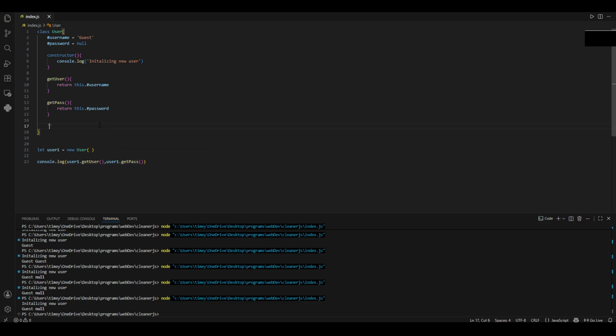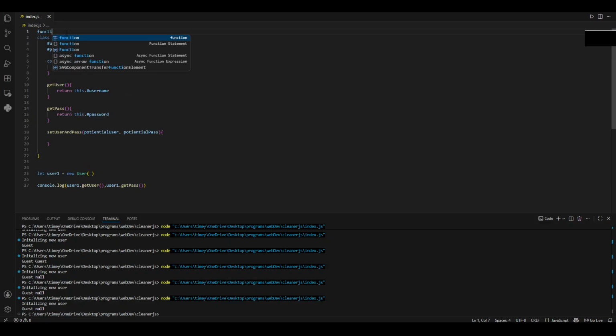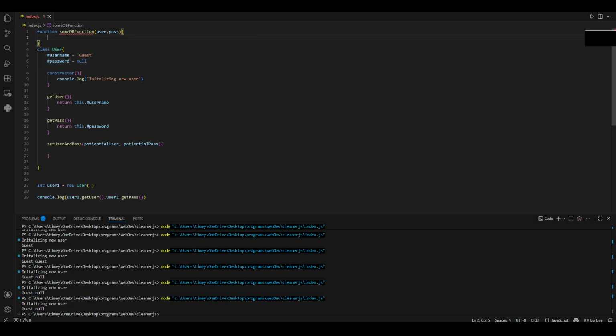so let's say setUserPass. So let's say, and we'll take in user, and let's say some function, some database function, user pass,